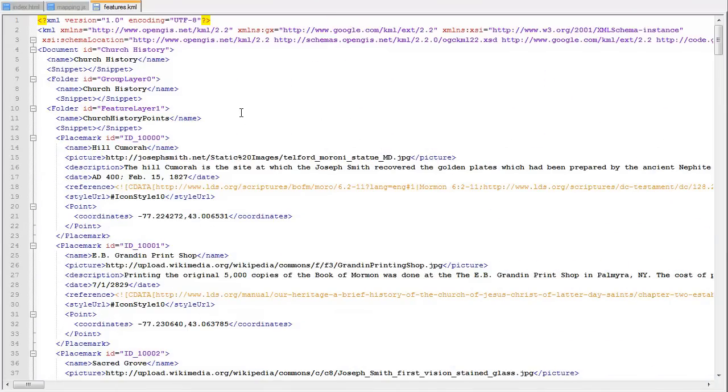Here's our features.kml file. All shapes were exported as a single layer to KML from ArcGIS 10.0, but each type of shape has its own different folder. So points, lines, and polygons are contained in separate folders, and their IDs begin with 10,000, 20,000, and 30,000 respectively. So here our first point is the Hill Cumorah, and it begins with 10,000,